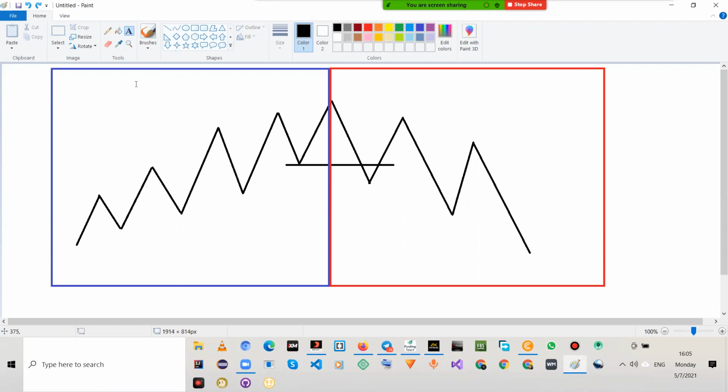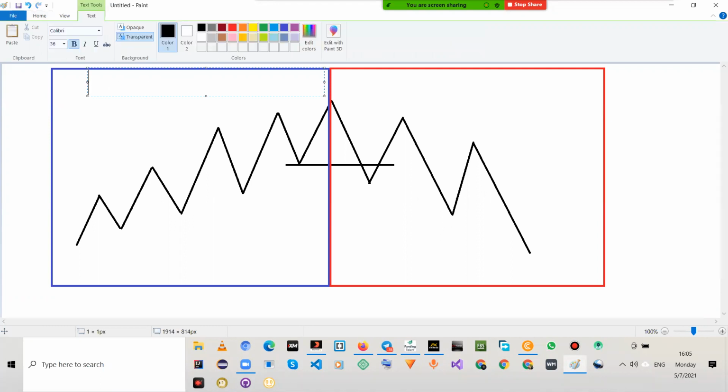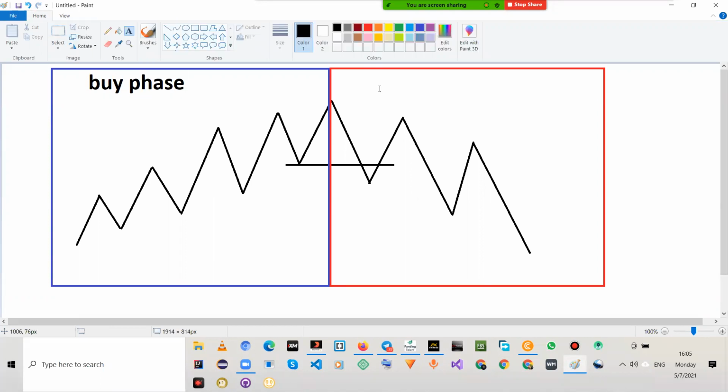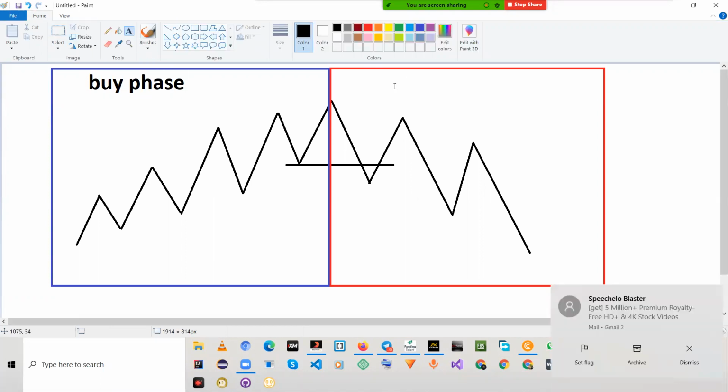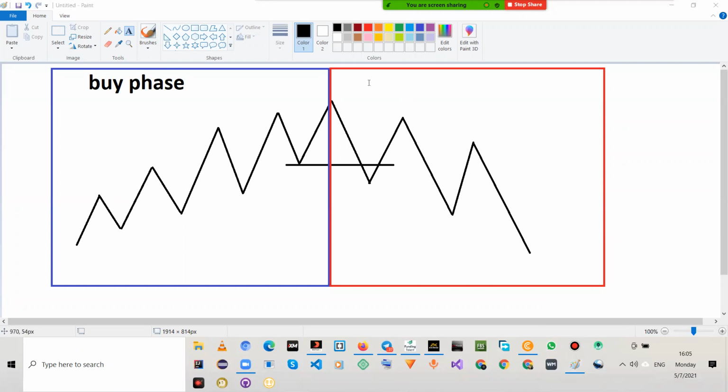So this right here, this is the buy phase now. This is the only way we are expected to trade, to take